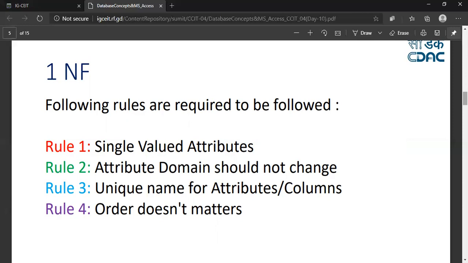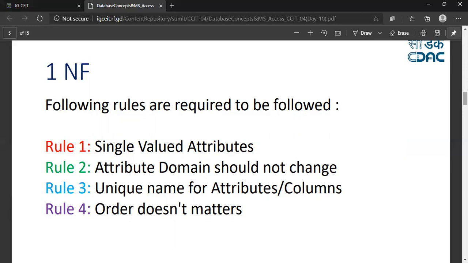But if you apply first normal form, it says single valued attribute. It means a column should contain a single value against each record. You should not hold multiple values. So either I can maintain sales or purchase. I should not mention both together in a single column as per rule number one of first normal form.